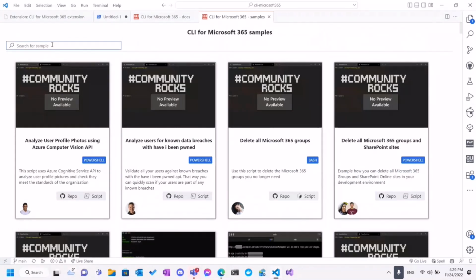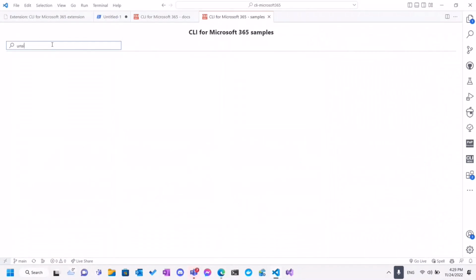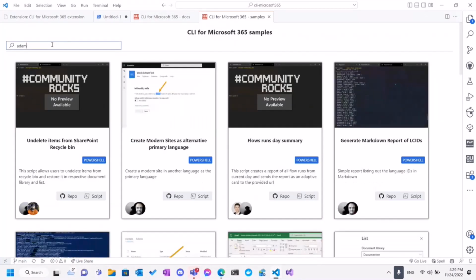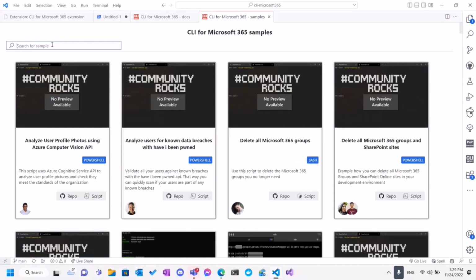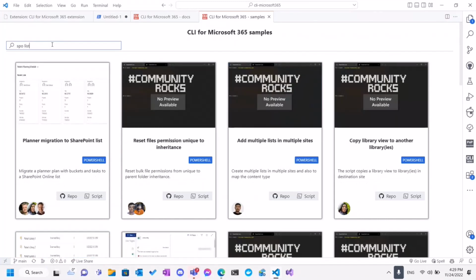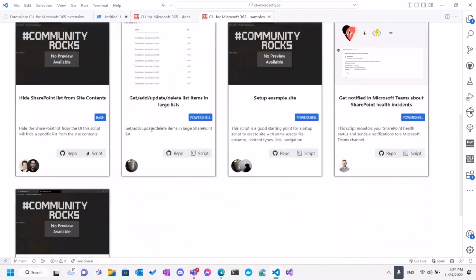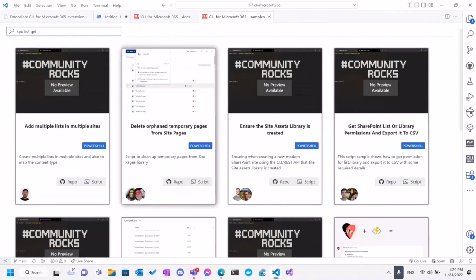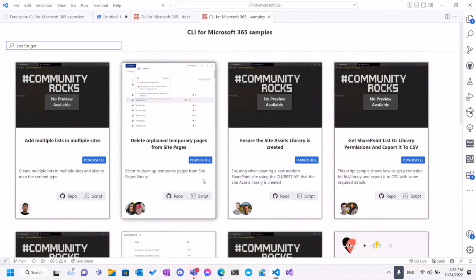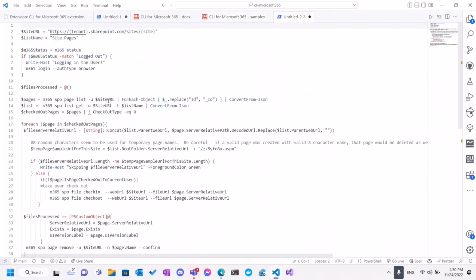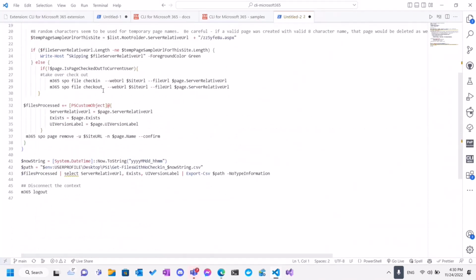And we can search, of course, by name, like on install, or by the author, like for example me, or by the command. So let's say SPO list get, and here we will see all script examples that are actually using this command, and we can go directly to the repo of the script, or with one click of a button we can create a new file which is pre-populated with the contents of this